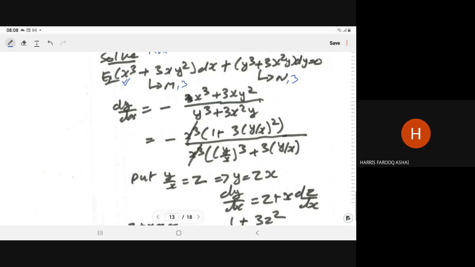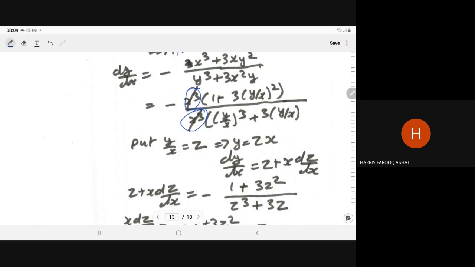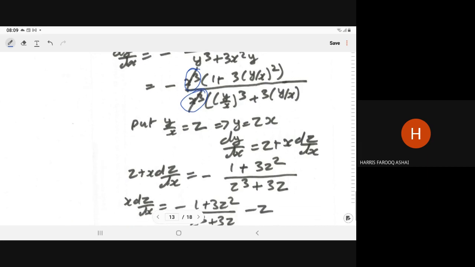So automatically, if we have M and N of the same order, this x cube and this x cube will cancel out. Now when we put y upon x is equal to z, so y is equal to zx, dy by dx is equal to z plus x dz by dx. So on the left side you put the value of dy by dx as z plus x dz by dx is equal to minus